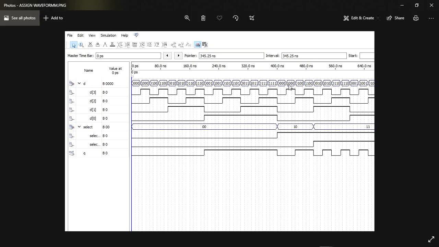Our output is 0 in this case only if any of its selection lines is 0. If one selection line is 0 and one is 1 and our input is true, then our output is 1.